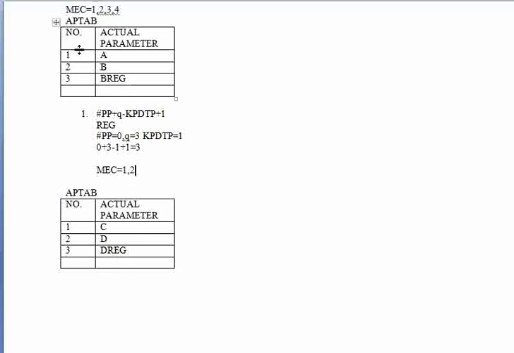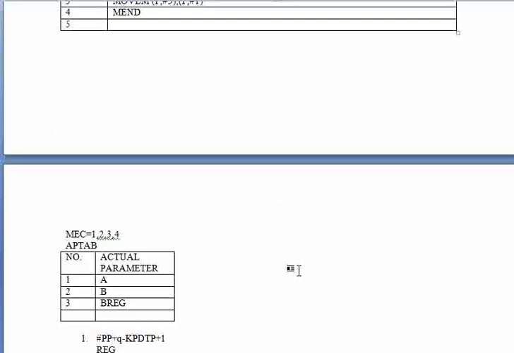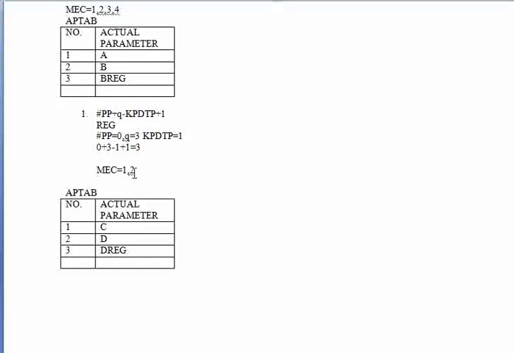This AP tab was for the previous macro call. This is our current macro call, and I told you the AP tab gets overwritten. So the value at third position is D register, the value at second position is D. So we will write here plus ADD, D register comma D, and once I finish with that line, we increment the MEC value. The MEC value becomes 3.